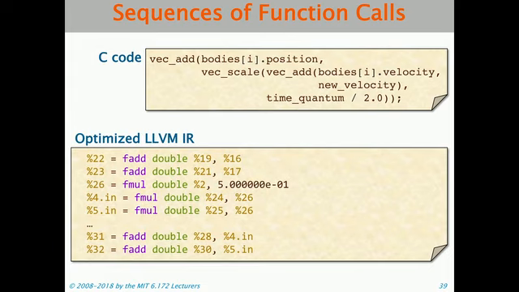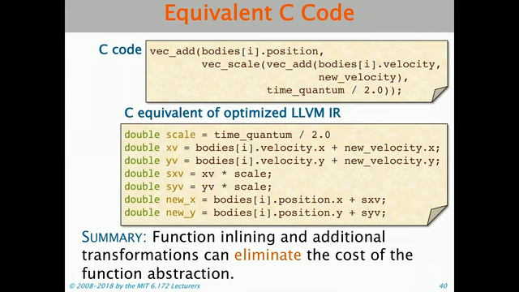So in the original C code, we had this vecadd, which called a vex scale as one of its arguments, which called a vecadd as one of its arguments. And what we end up with in the optimized IR is just a bunch of straight line code that performs floating point operations. It's almost as if the compiler took the original C code and transformed it into the equivalent C code shown on the bottom, where it just operates on a whole bunch of doubles and just does primitive